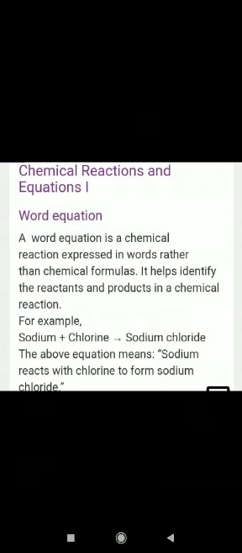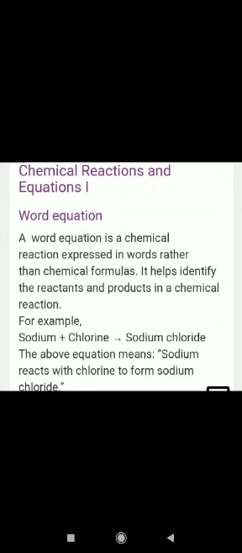Chemical reaction. Chemical reactions are chemical changes in which reactants are transformed into products by making or breaking of bonds or both between different atoms. Now we see a chemical reaction can be determined with the help of any of these observations. A. Evolution of gas. B. Change in temperature. C. Formation of a precipitate. D. Change in color. E. Change of state.